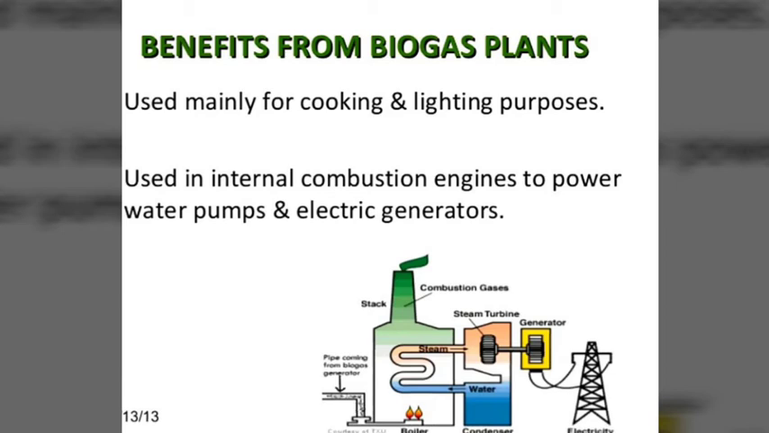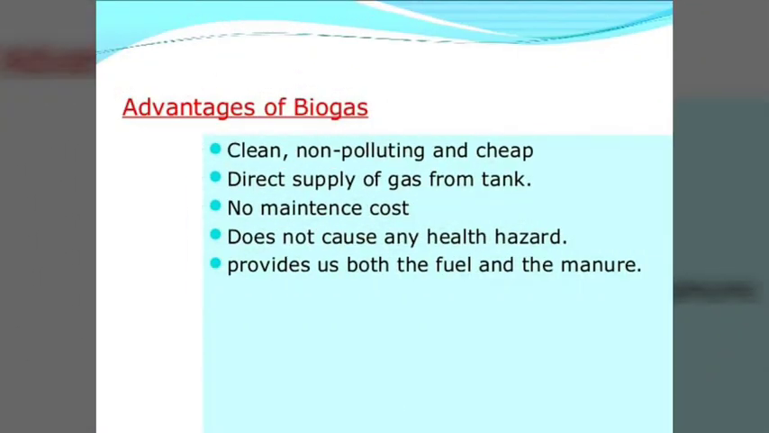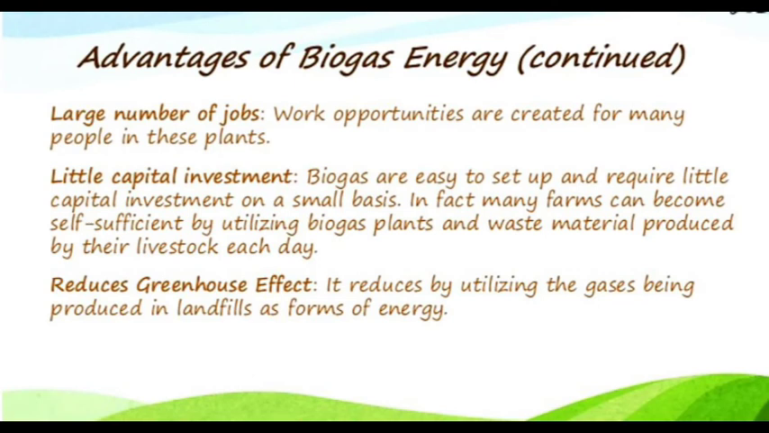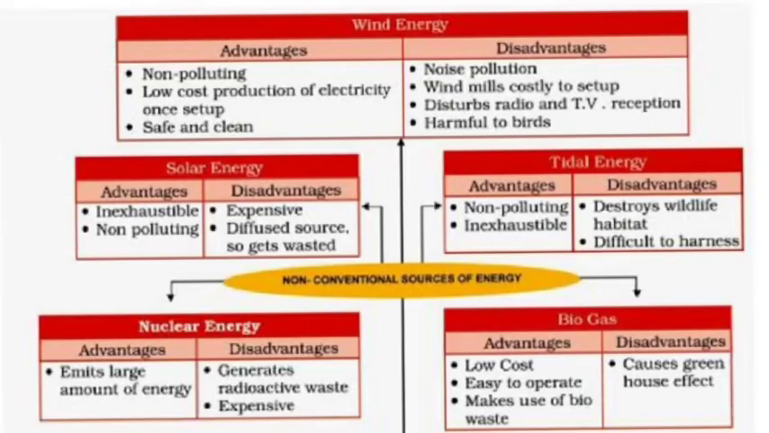Now, what can be the benefits from a biogas plant? It is mainly used for cooking and lighting purposes. It is used in internal combustion engines. It is very clean, non-polluting and cheap. Direct supply of gas from the tank. No maintenance cost. It does not cause any health hazard. It provides us both the fuel and the manure. Some other advantages of biogas energy are it provides work opportunities for many people, and this is the flow chart